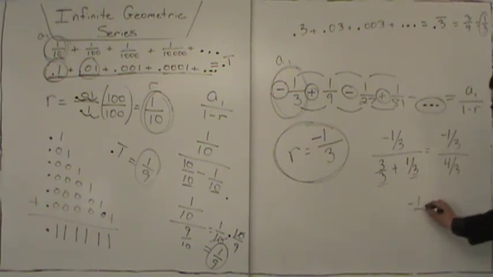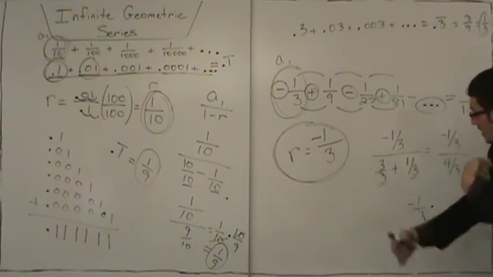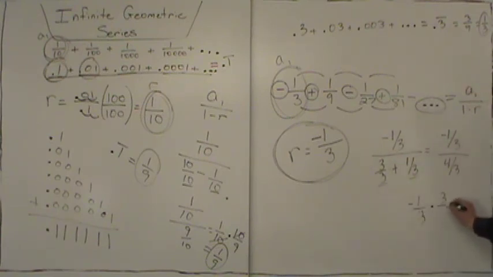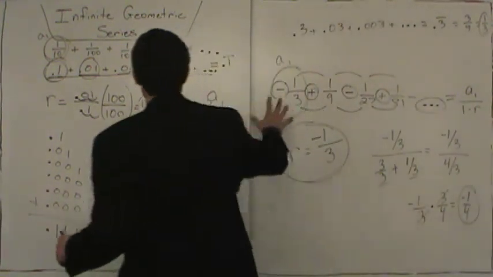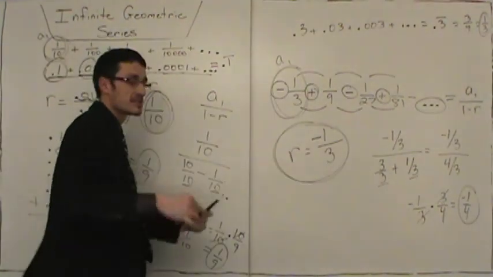And negative 1/3 divided by 4/3 is the same as negative 1/3 multiplied by the reciprocal, 3 over 4. We cancel 3 with 3, and we are left with negative 1/4. That is the answer. And that concludes this video. This is the last video on infinite geometric series. You have made